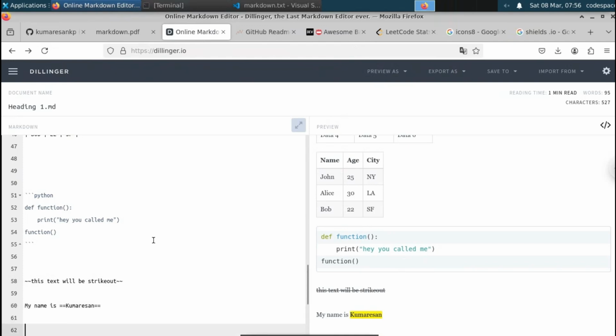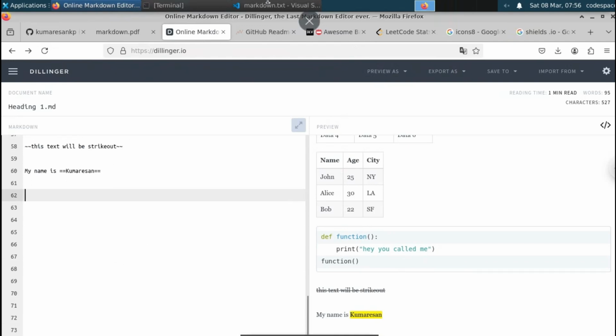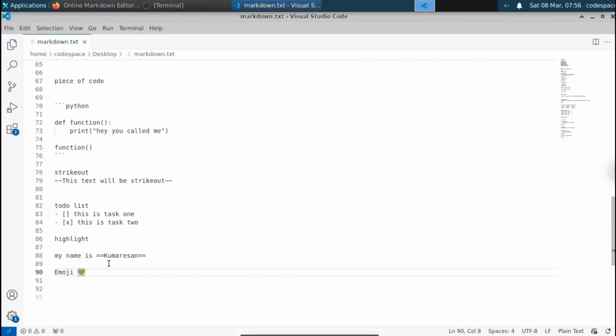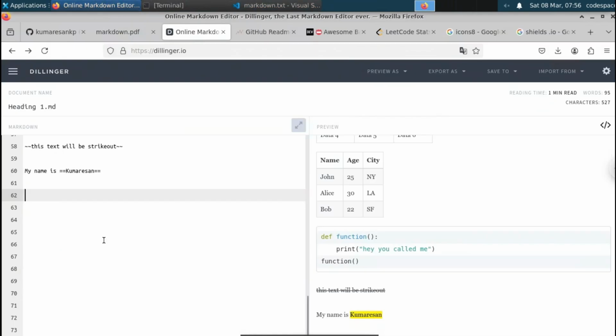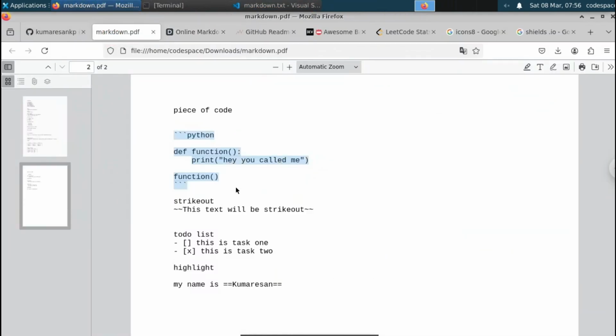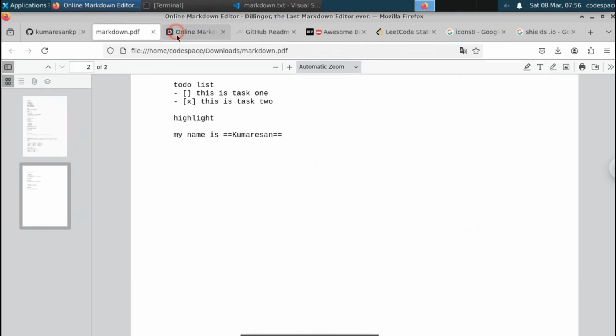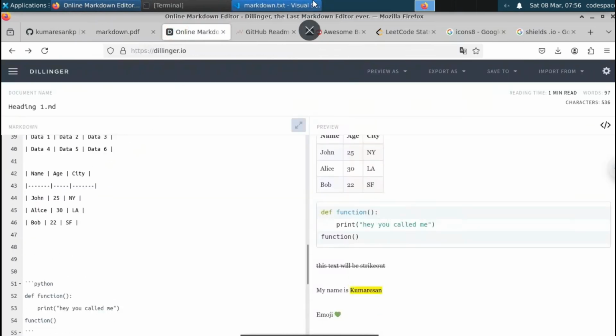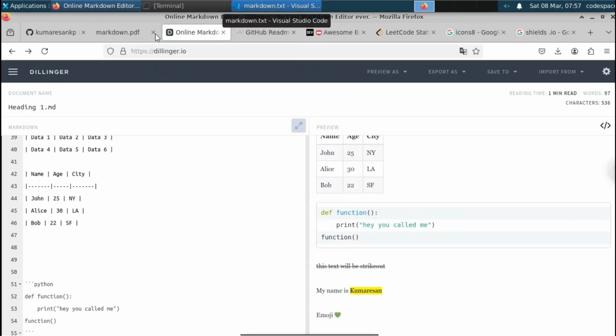If you want to use an emoji, you can use the emoji directly. Let me copy this emoji and go to the Markdown editor and paste it here. You can see that the emoji is displaying as it is. I will provide the link of this PDF in the description. You can refer to that Markdown tutorial there. So this is it. Using this tutorial that I have mentioned on Markdown, you can build your own